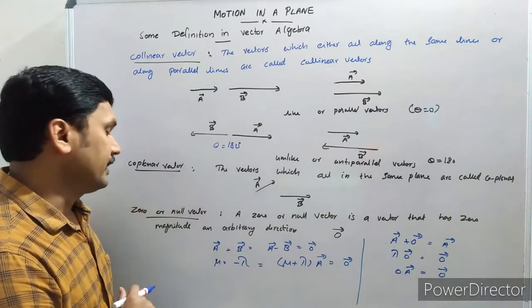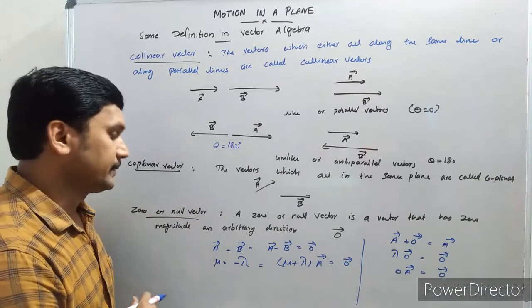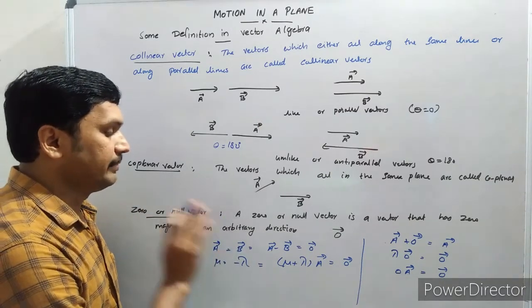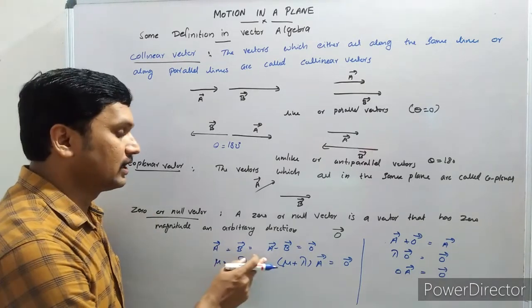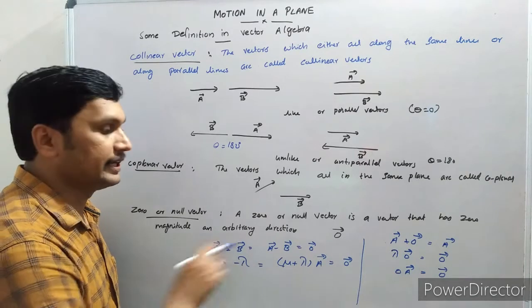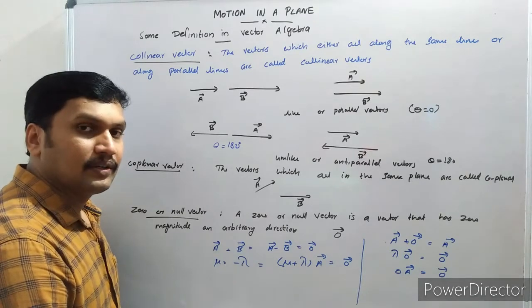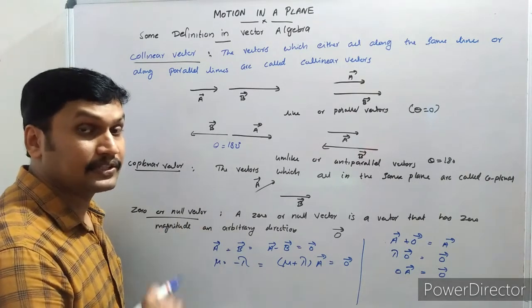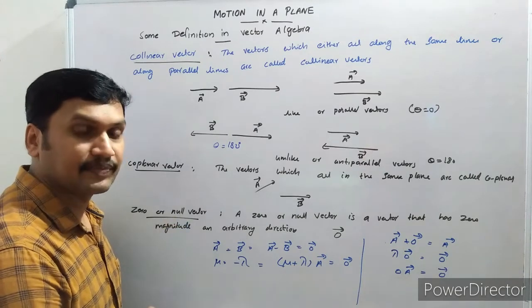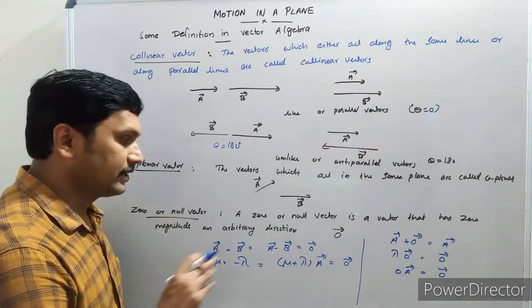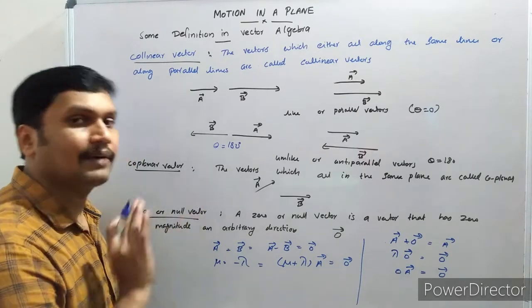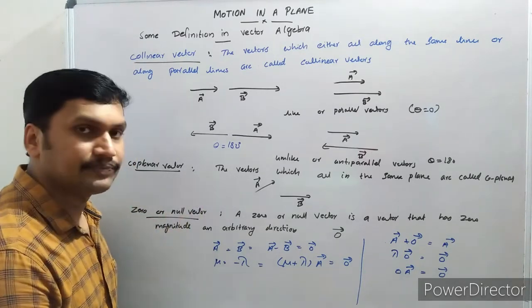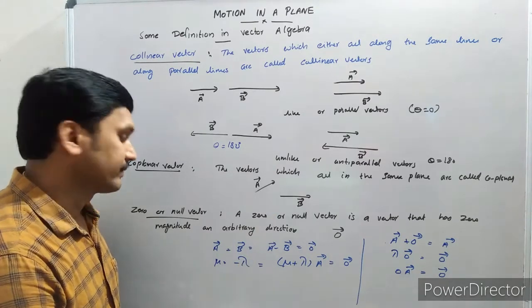How do we introduce such a null vector or zero vector? Suppose vectors A and B are the same, equal vectors. Vector A equals vector B. Then what is the resultant? A minus B. You know, it is not a scalar. A minus B is a vanishing vector. We get 0 as magnitude, but it is not a scalar quantity. It's still a vector quantity. A minus B is a zero vector, a null vector.